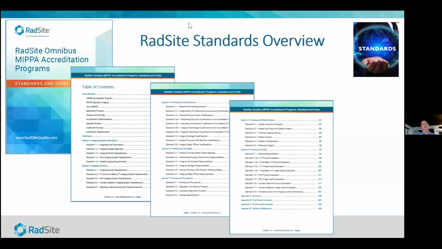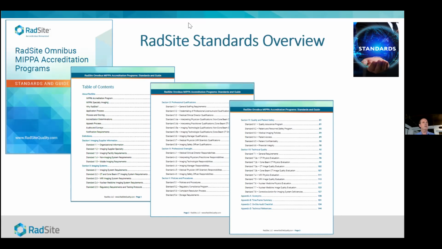So, just as we wrap up the quick overview, I'm going to ask Dr. Siegel to highlight a couple of our standards. These standards were more or less structured, and you can download them on a complimentary basis if you just go to RadSite's website, radsitequality.com. It basically has a basic overview of the imaging systems, the locations, which CMS calls imaging suppliers,